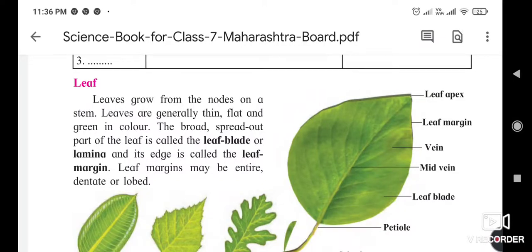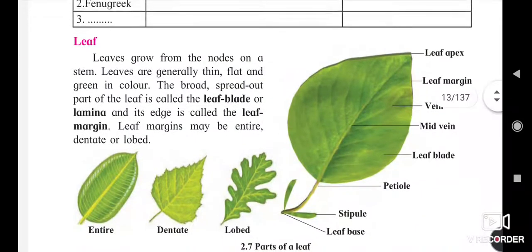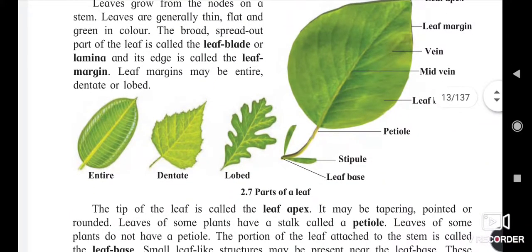The broad and spread out part of the leaf is called the leaf blade or lamina, and the edge of the leaf is called the leaf margin. The leaf margin may be entire, dentate or lobed. Here we have seen the different types or structures of leaves.